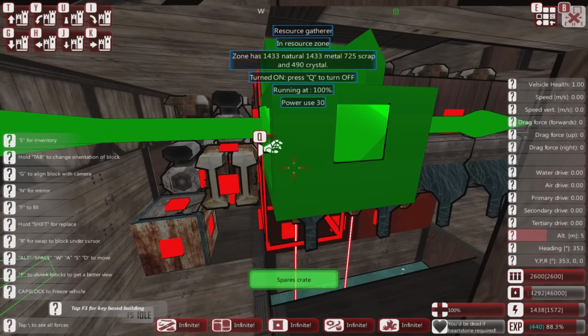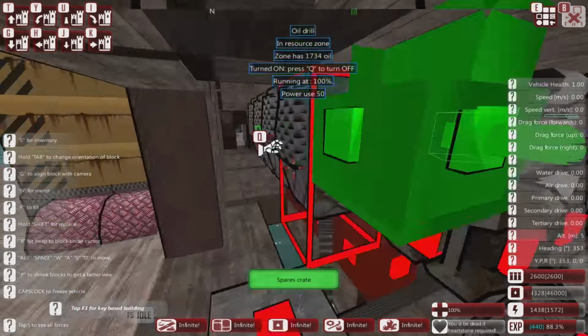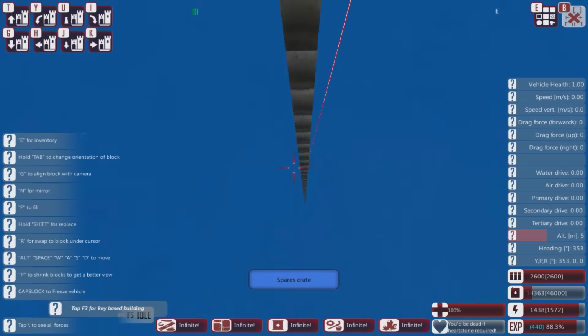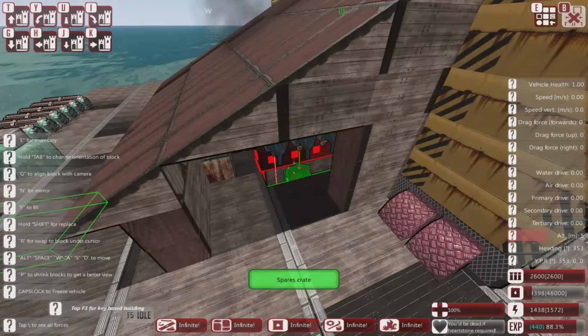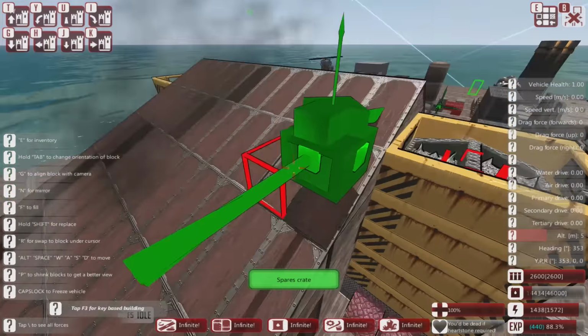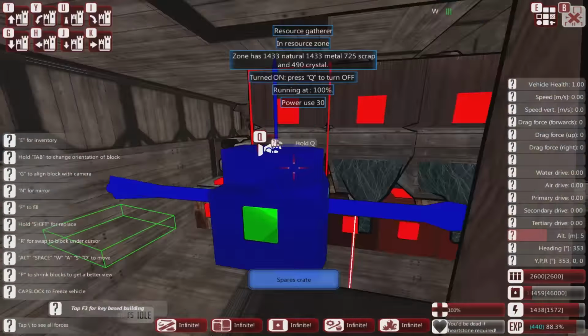We can use the resource gatherer, which gathers a certain amount of natural metal, scrap and crystal from the resource zone you are in. And then we have the oil drills, which, as the name suggests, go down and gather oil. So they're all underneath, the oil going down there, and the beams for the resource gatherer gathering the materials. There is another way of gathering these materials, from the enemy, which we will go through once I've gone through some of the basics. So I'm going to turn these off just at the moment,